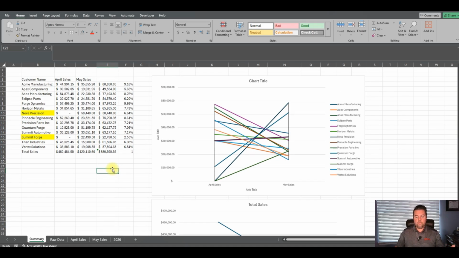The other thing I want to do in regards to strategy is sales specific. If I'm a sales manager, I always love to do this: take your customers, add up the sales per year, and then find out what percentage of sales each customer contributes. So I took the total sales, took the individual sales for that customer, divided it by the total sales for everybody, and Acme did 9.18% of the total sales.